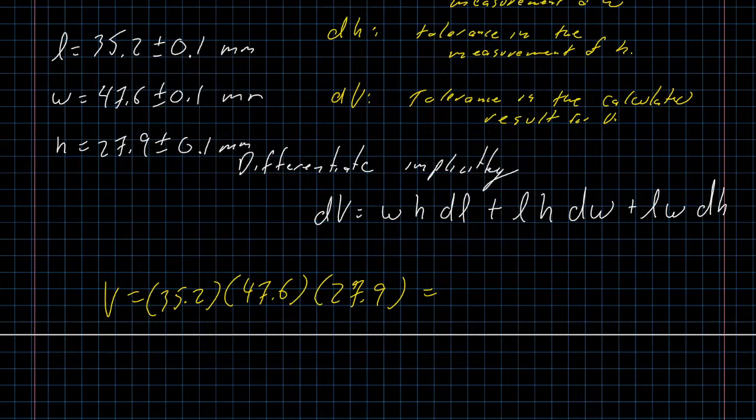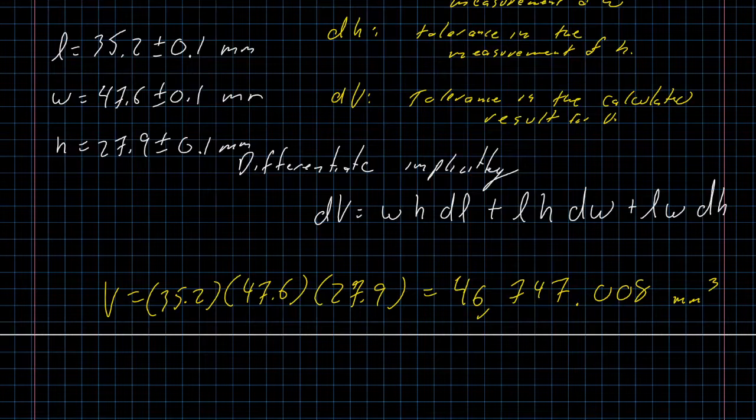And I get that the volume of this thing is 46,747.008 is what my calculator spits out. And it looks like that is exact. All right, so that's what my calculator spits out. And what I noticed right away is 0.008. That's measured to the nearest thousandth